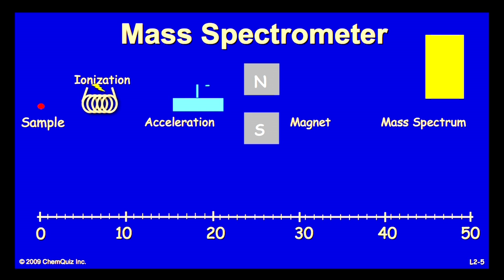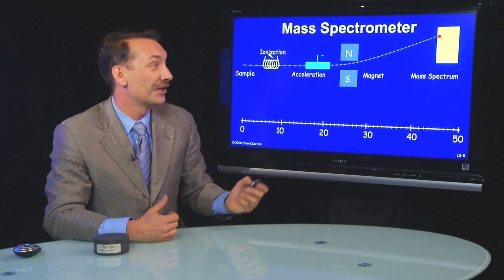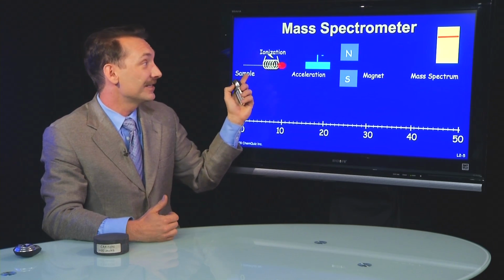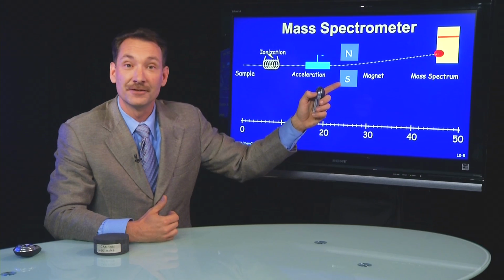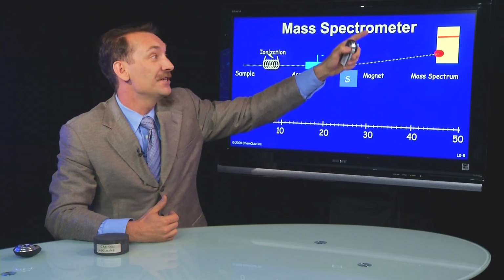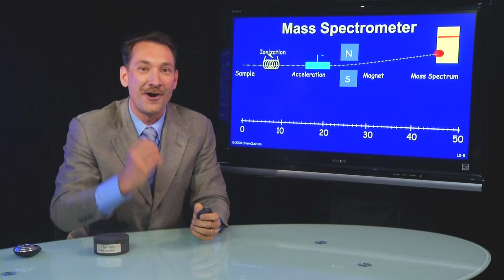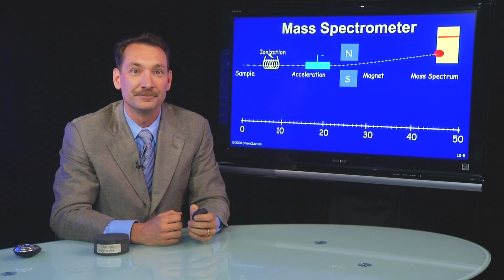You take a sample, and you allow it to be ionized and accelerate it. It goes through the magnetic field, and it's deflected. Now, that was a relatively small mass. Let's look at a larger mass coming through the same system. We're going to ionize it. It's not deflected as much. So you have a distribution of masses that you can resolve using a mass spectrometer.